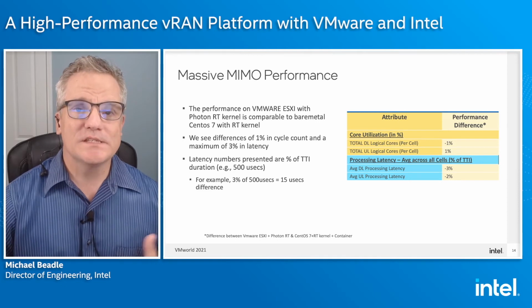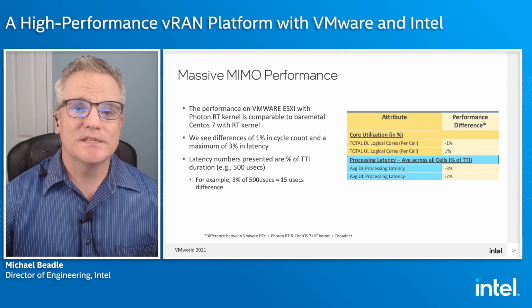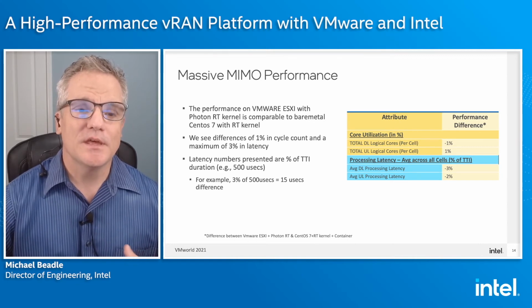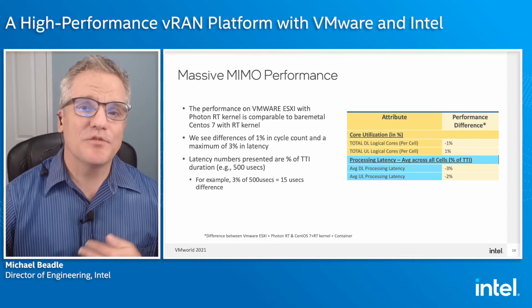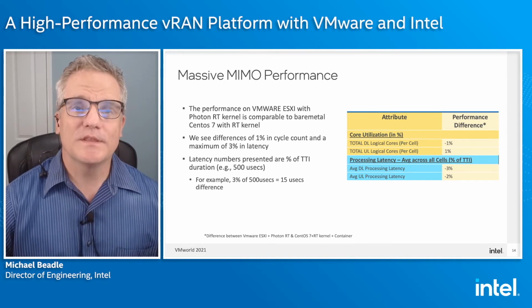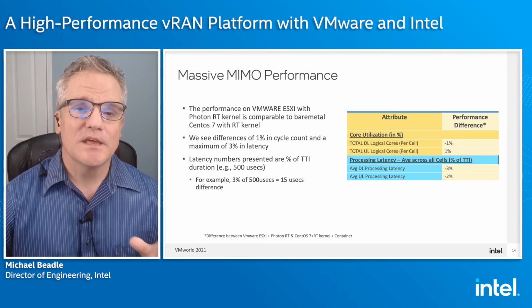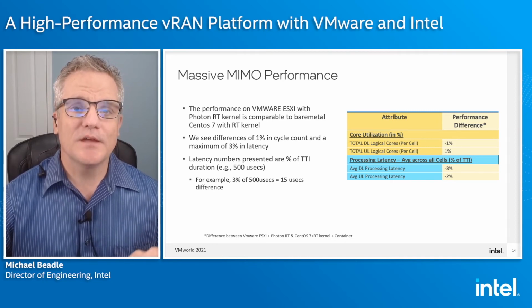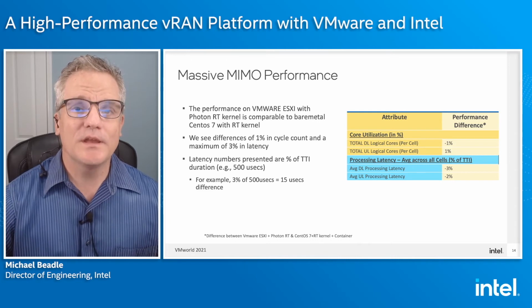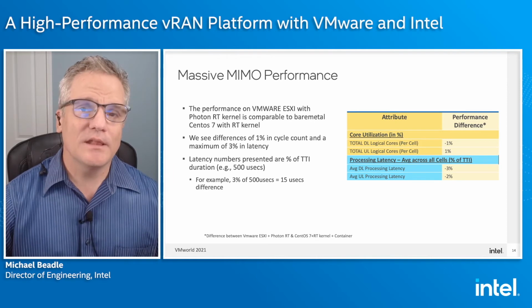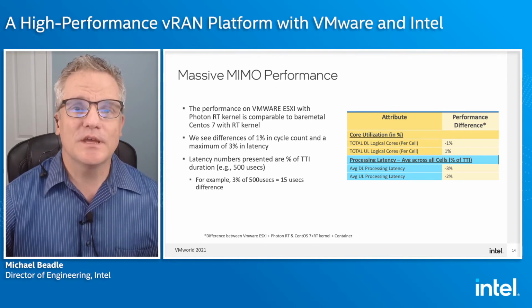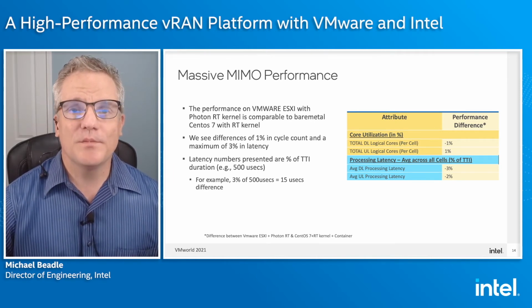First of all, if there's some kind of anomaly or a big hit, it would reflect itself in stability, because the system wouldn't be able to keep up with the real-time requirements defined by 3GPP. So that's the first case. But assuming it's stable for a long period of time, we can go through and look at the data. As I mentioned before, we have very detailed test applications that can profile the uplink and downlink on a modular level, on the full pipeline, looking at how much each different type of task takes. So it'll highlight if there's some kind of change, and you can get a good idea of where the problem might be and what the size of the issue might be.